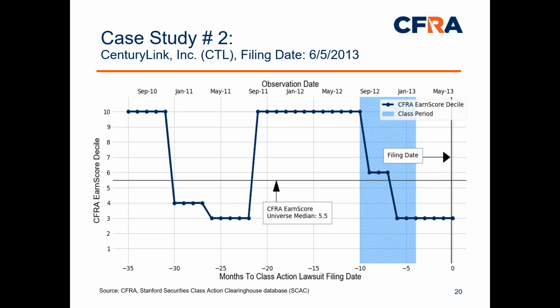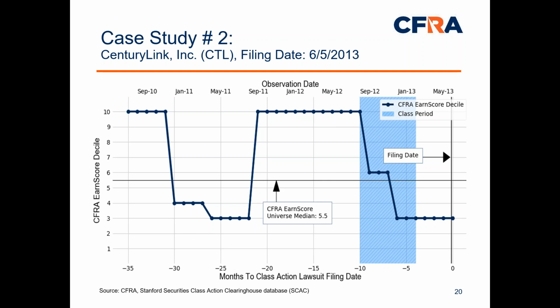CenturyLink's dividend cut. Specifically, shareholders alleged that CenturyLink misled investors concerning the strength of its franchise, which was the most important factor in the company's ability to maintain its dividend, and we believe the stock was priced based on paying a dividend. CFRA earnings scores can help because we noticed from the line chart that earnings scores were at healthy